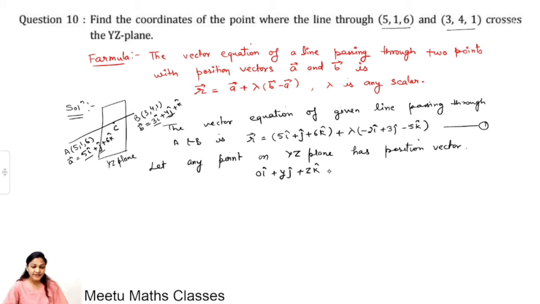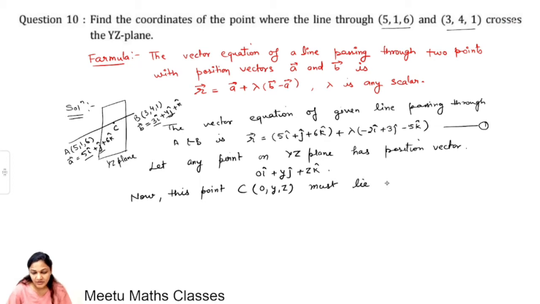Now this point C, with coordinates 0, y, z, must lie on line 1. So it will satisfy line 1. Now in line 1, you replace r with this vector, so 0i plus yj plus zk